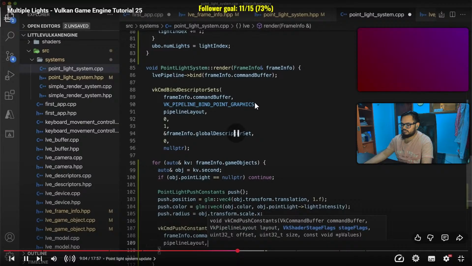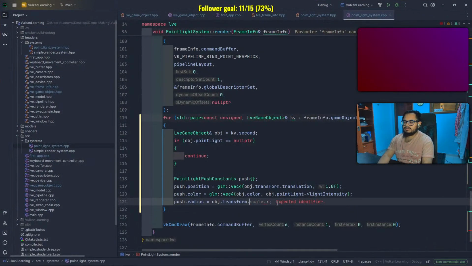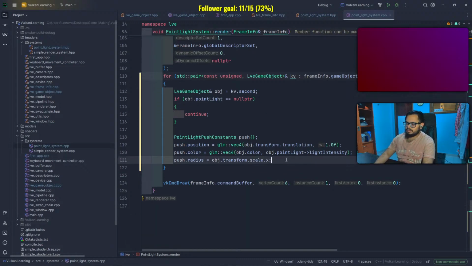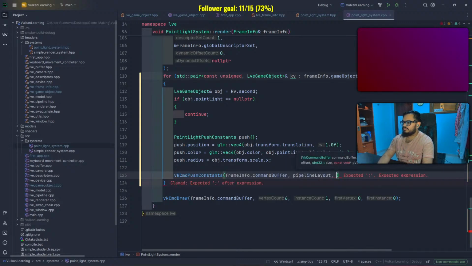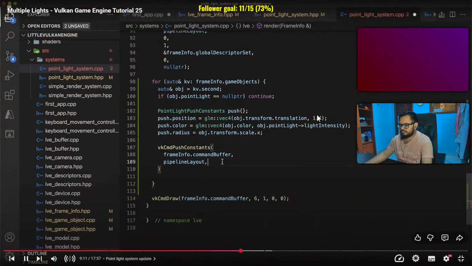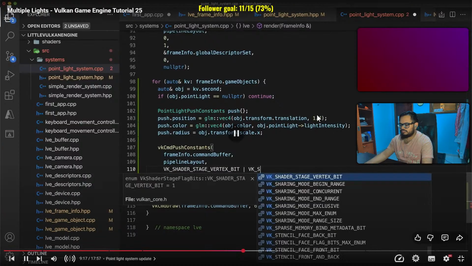In the push constants function, we can pass this push data to the point lights pipeline. We have translation, scale, and vkCmdPushConstants. Frame info command buffer, pipeline layout. First is the frame info's active command buffer. Next, we've got the pipeline layout. Remember that this is just the description of the set of resources